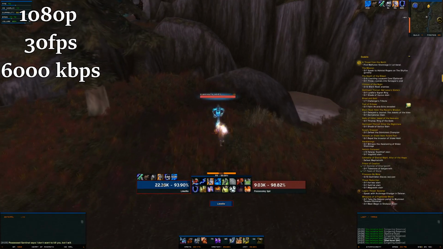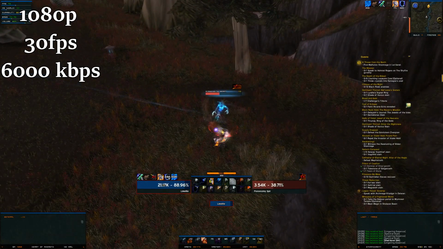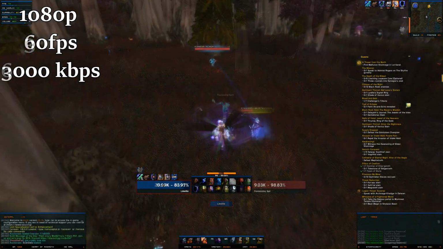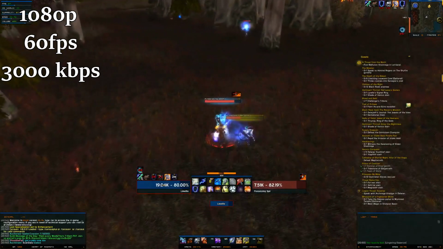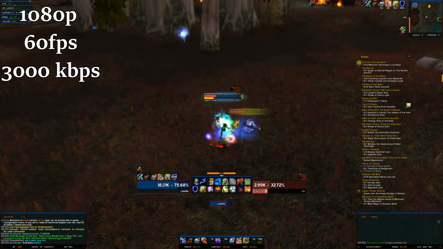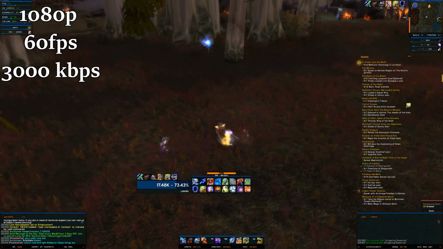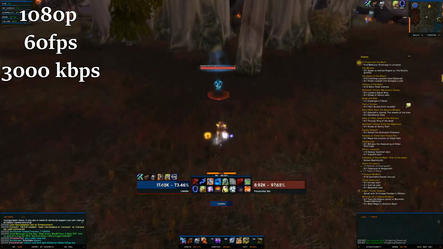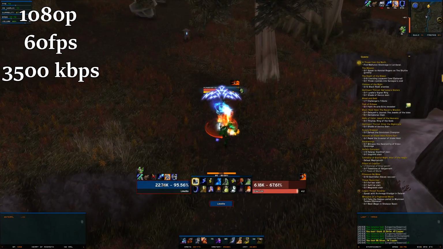Now obviously, the goal of a streamer is to stream at the highest quality possible. 1080p, 60 frames per second. That's what people want to stream at. Now, I wouldn't really recommend anybody stream at 1080p, 60 frames per second for World of Warcraft at lower than maybe 5000 bitrate. As you can see in the examples here, in some motion, which obviously World of Warcraft is